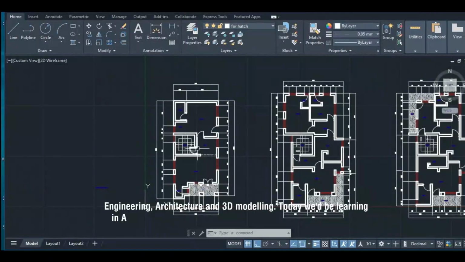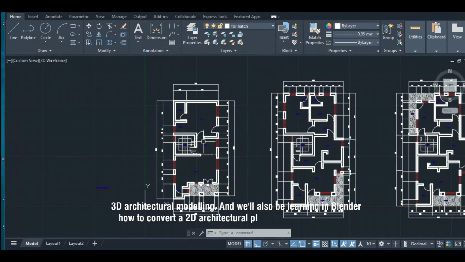Today, we'll be learning in AutoCAD how to prepare your 2D architectural plan for Blender 3D architectural modeling. And we'll also be learning in Blender how to convert a 2D architectural plan plotted in AutoCAD into a workable